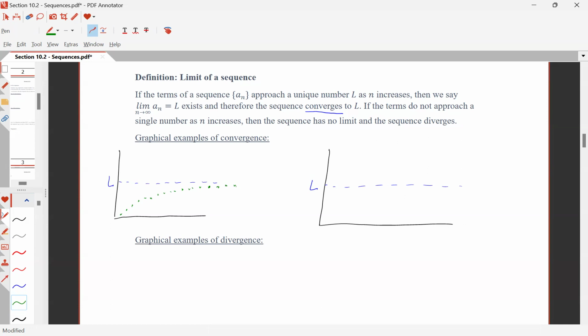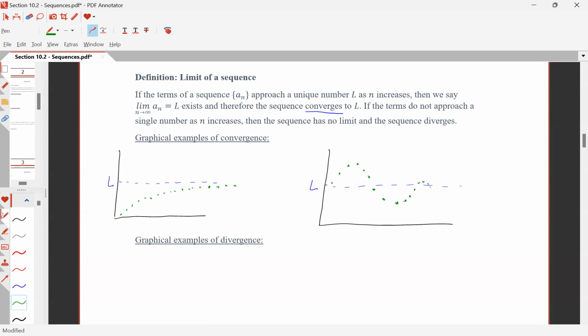Or we could have this decrease down to reach the limit. We could also have something that moves above and below the limit,